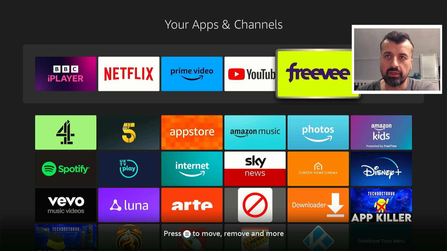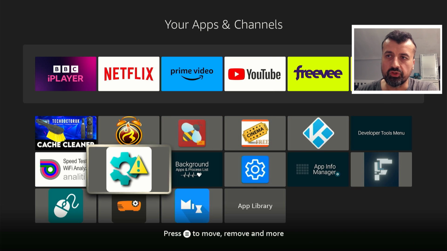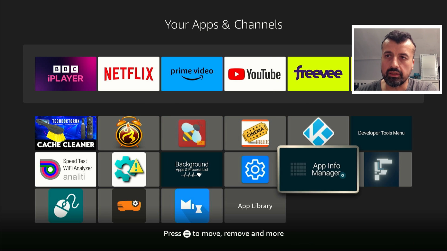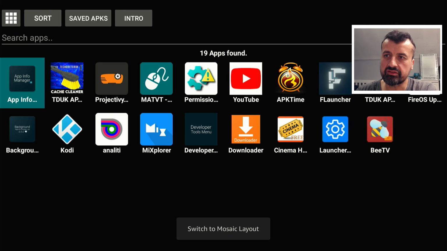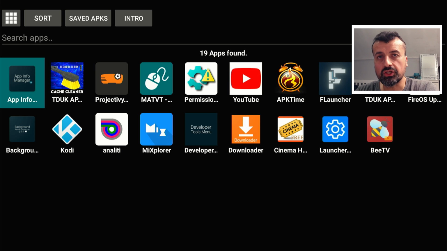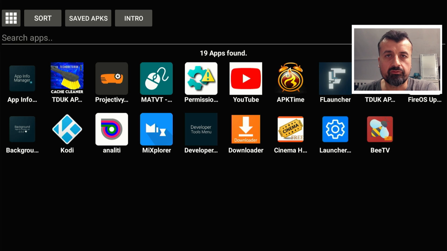Now, the way I'm doing this on my third generation Fire TV Cube, you can see my remote control actually has a button for apps. So instead of pressing the home button, as long as I press the apps button, I'll be taken instantly to this screen, which means when I open up any application like this one here, application launch is okay. I can see all of my stuff. But when I finish using the application, I can either press back and it takes me back to my application list, or if I go back into there, instead of pressing home, I can again just press the apps key,